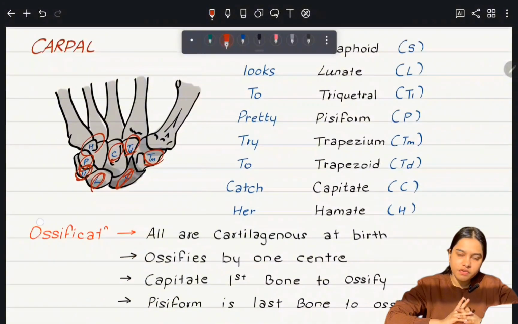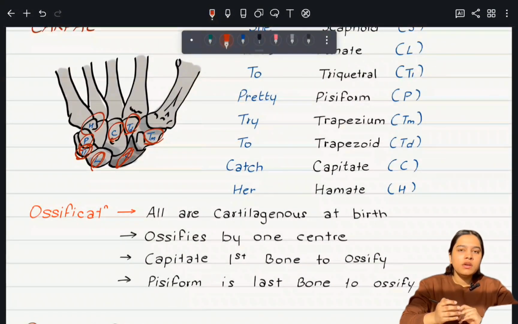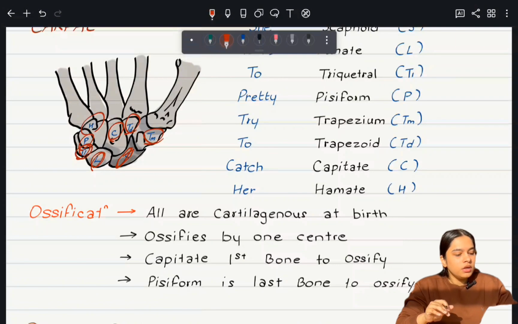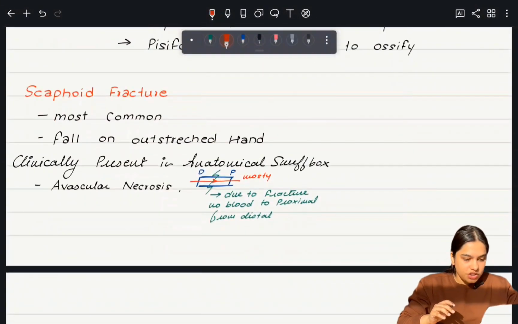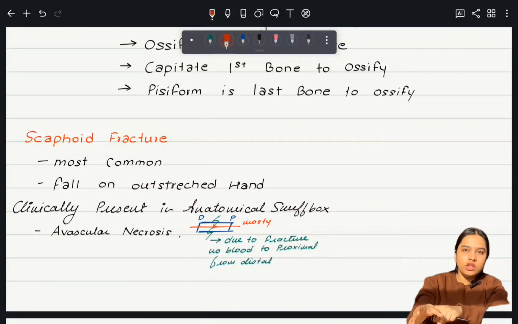Talking about ossification, they are all cartilaginous at birth, then they ossify by one center. Capitate is the first bone to ossify, whereas the pisiform is the last bone to ossify. Talking about the scaphoid fracture. Now scaphoid fracture, you can see in your anatomical snuff box,